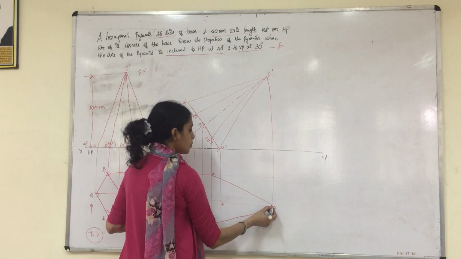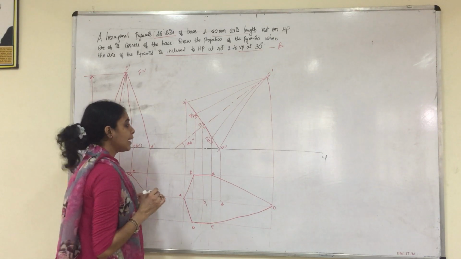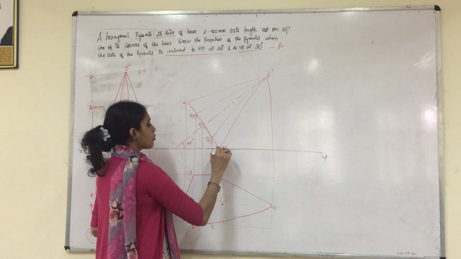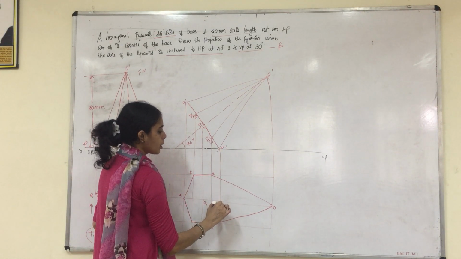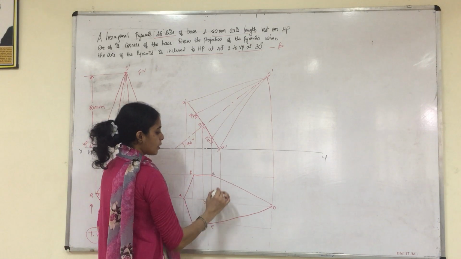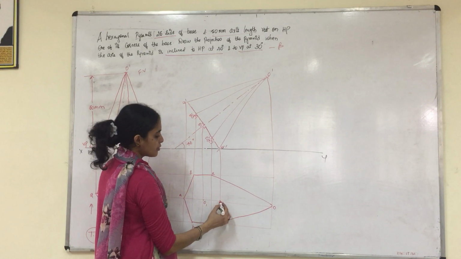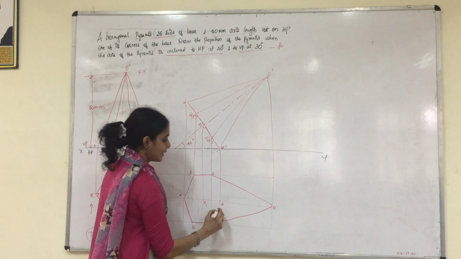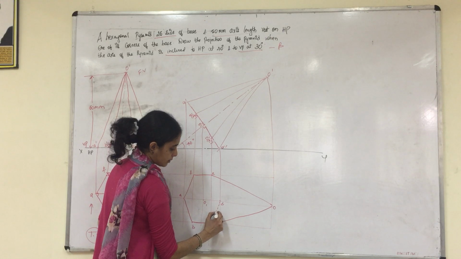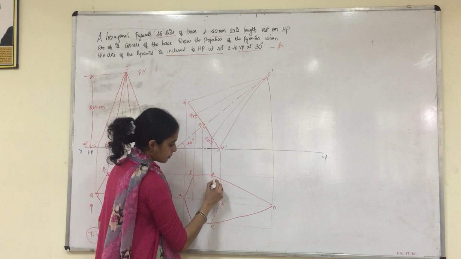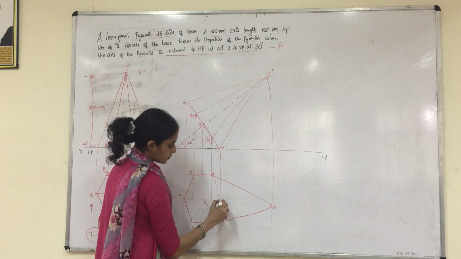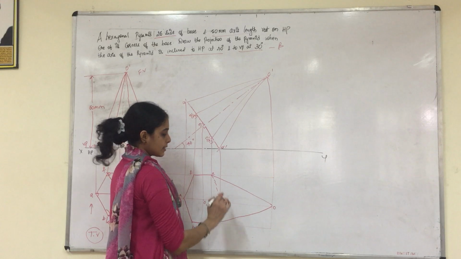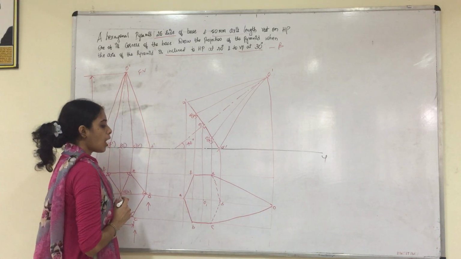Once you join the outer boundary of the given hexagonal pyramid, you see you have one corner, D dash, which is on the XY line. So the projection coming through this corner will always be hidden. D dash is coming and meeting here at D. So projections from D to C and D to E have to be drawn, and both will be hidden. Right? So we have completed the bottom surface of the hexagon and covered our outer body.